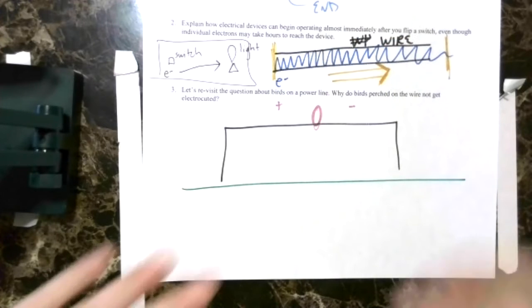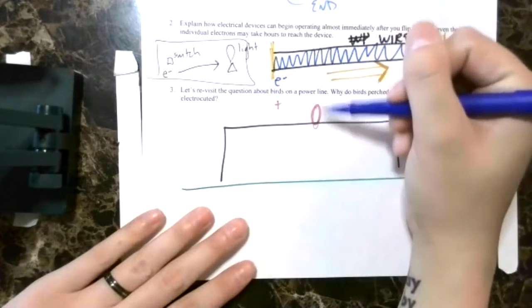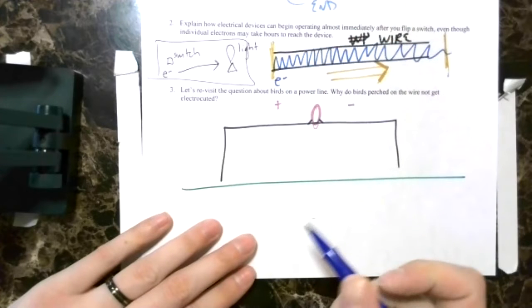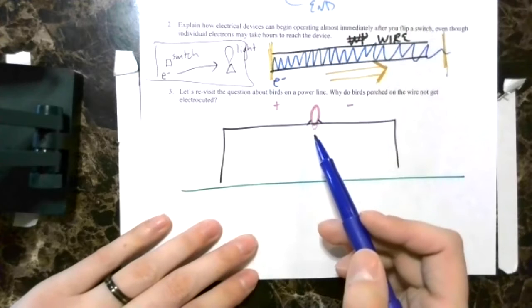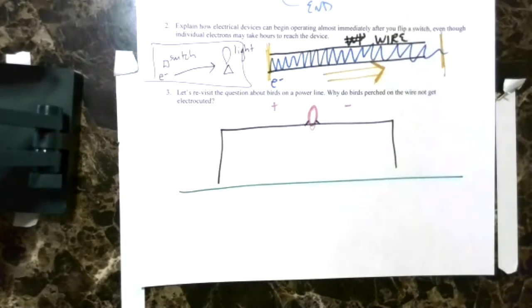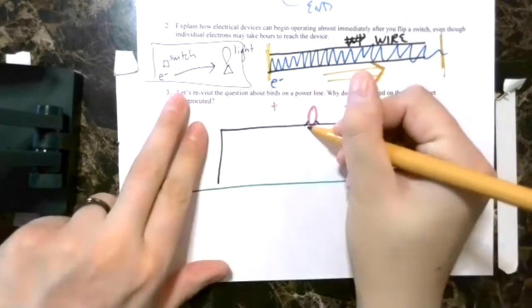So you can kind of think of the bird just on the power line, again, like that example of the stagnant pond. When its little feet touch the power line, there's no difference. There's no positive or negative end of the bird. But when that bird touches the ground,